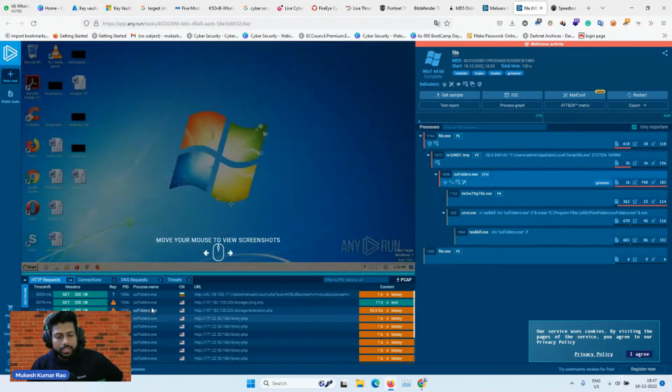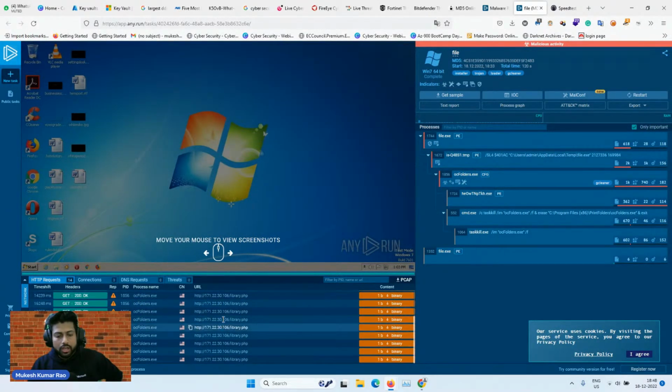Okay, so this is a screenshot. I think they don't have one, but this is the background traffic you can see. When we started the exe file, you can see where the traffic goes, which kind of information it is stealing, and here you can see the full process scenario, like the decoding of the process. Okay, I think this will not be that good. Let me go to this particular part.